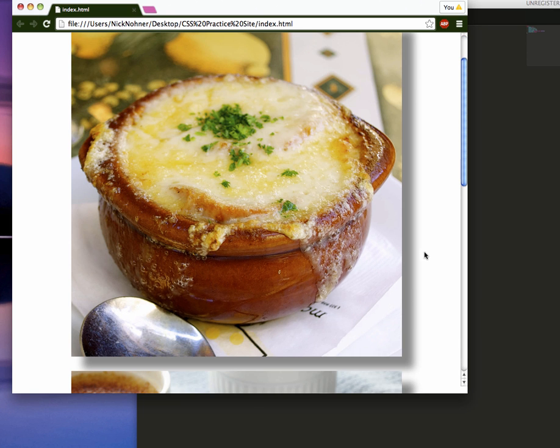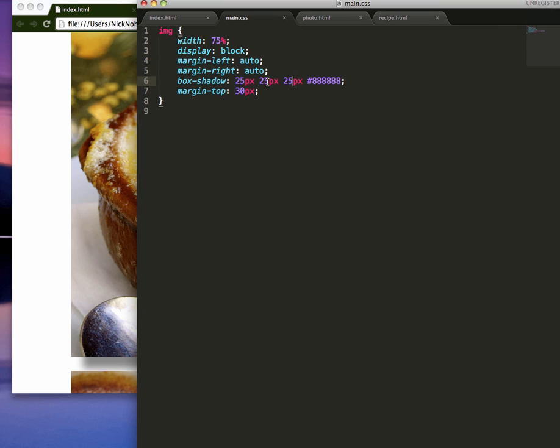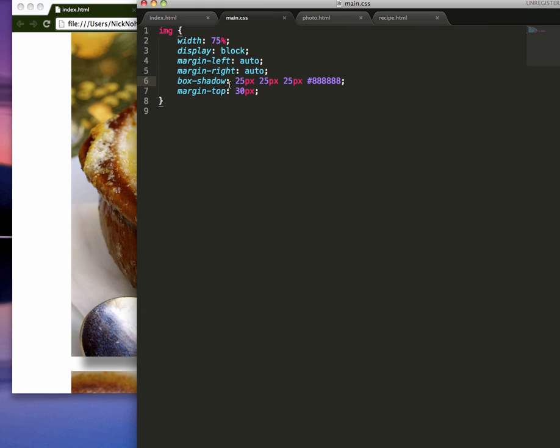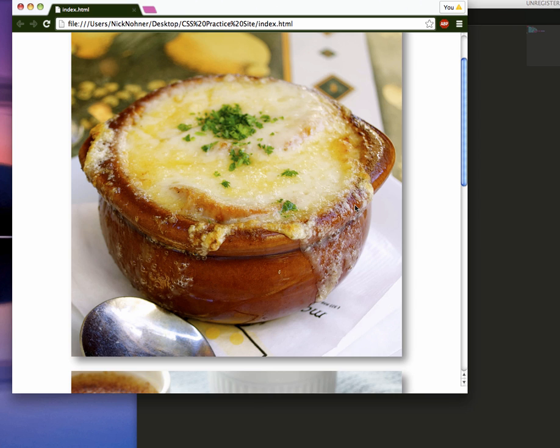Cool. Obviously, the further away that you have these two numbers, the image looks like it's way, way off the page. It looks like it's kind of floating. If you're running an optical illusion website, that's totally awesome. It's kind of freaking me out, so I'm just going to take it easy. Okay, cool. So the question is,